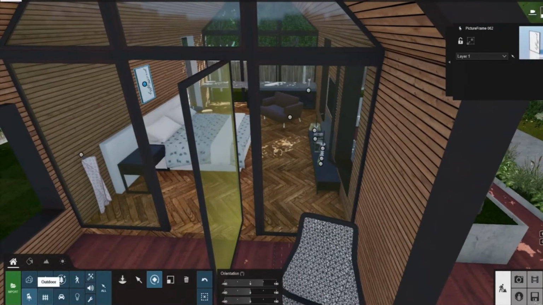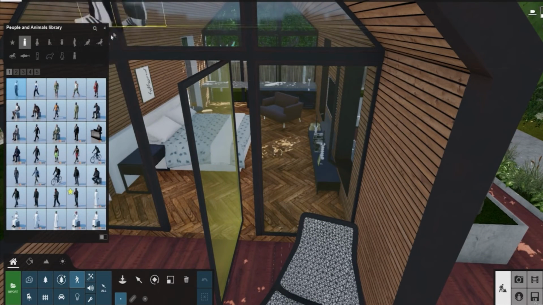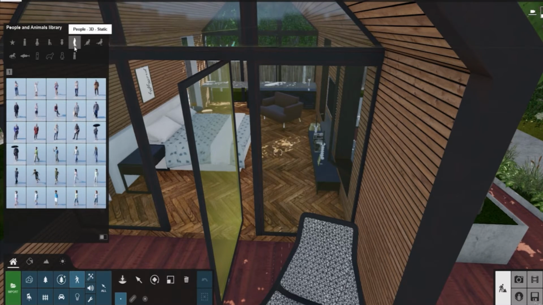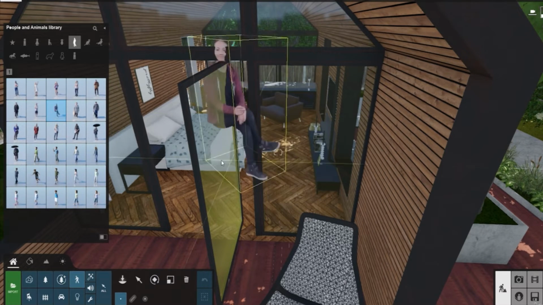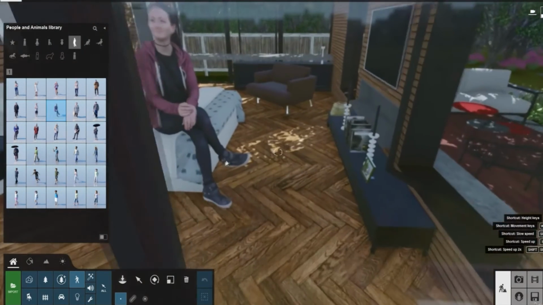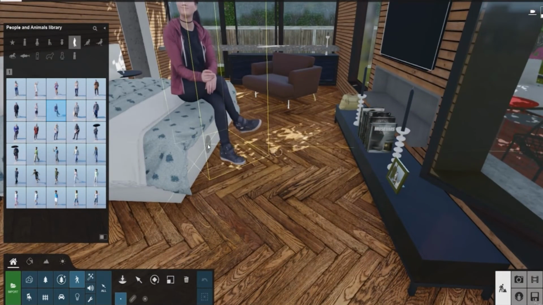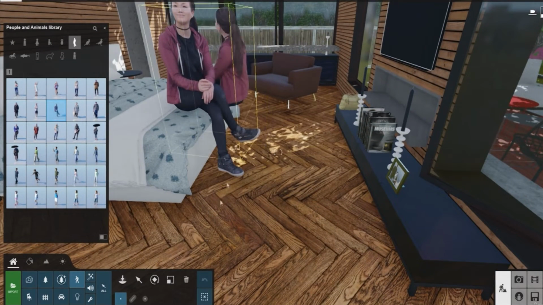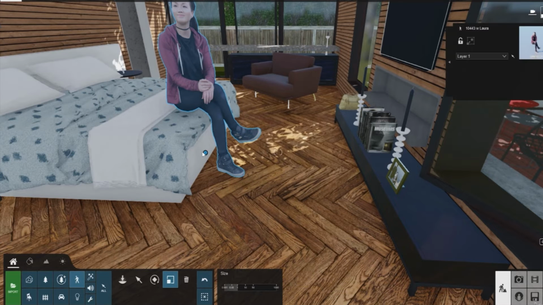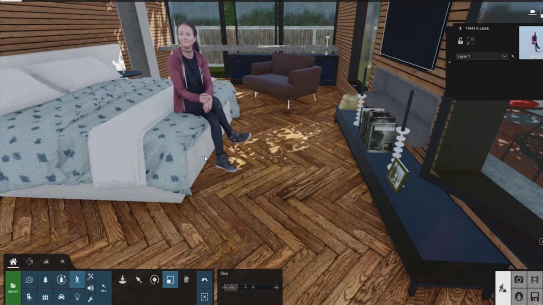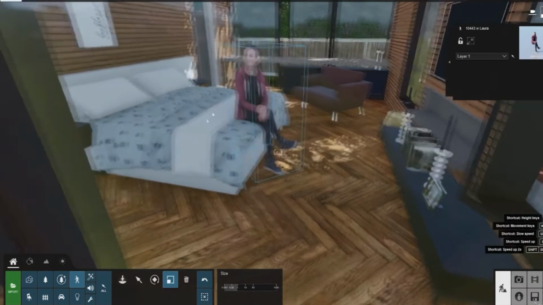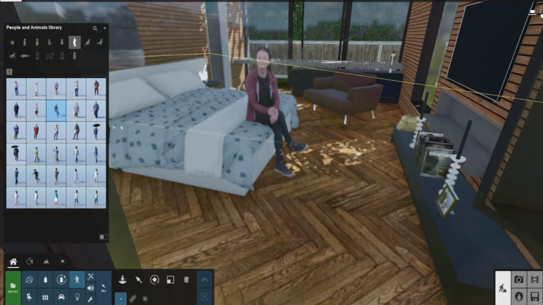Okay, and some humans, people, 3D statics. So we'll just add a human here. It's quite big because our model is a little bit smaller than usual. So what you can do is reduce the size of the model like this, and we'll add some